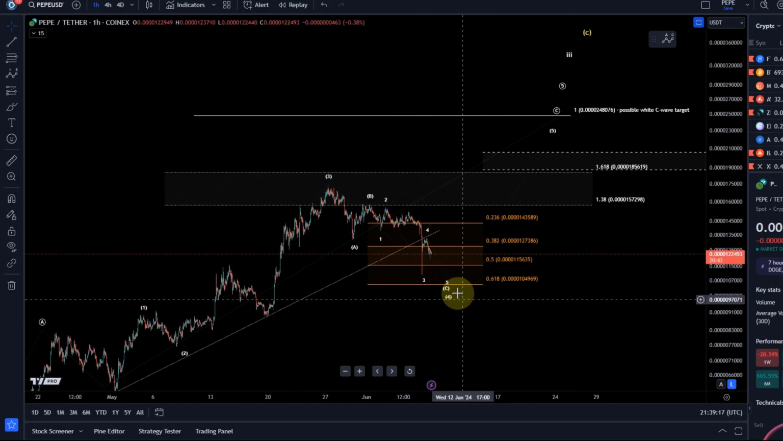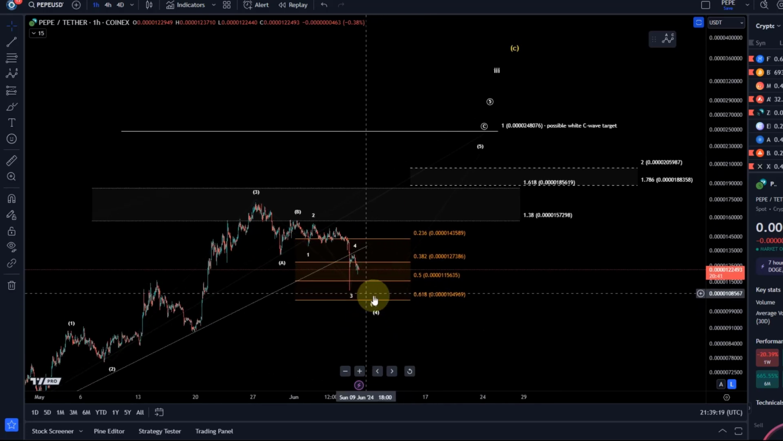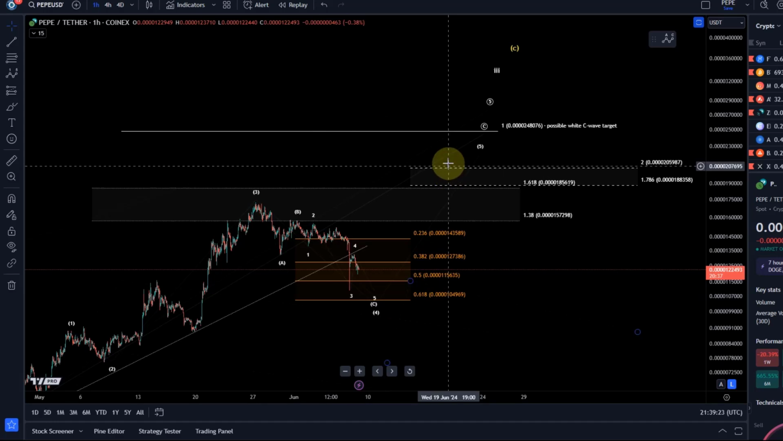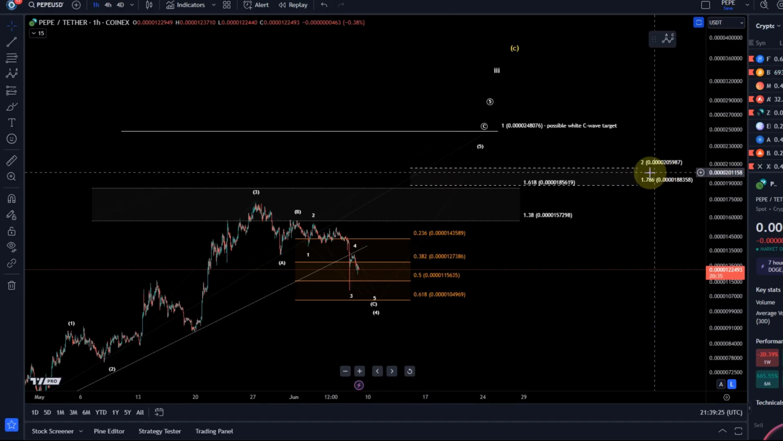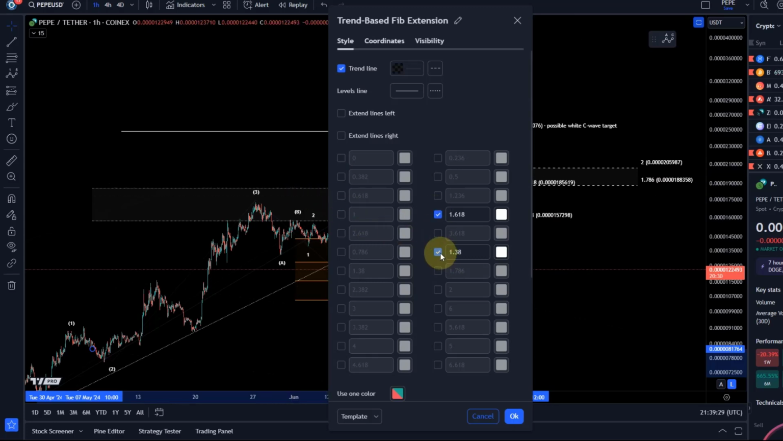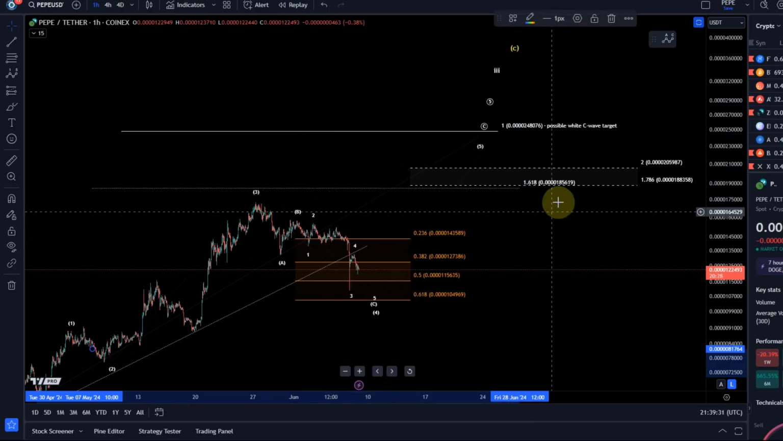So what happens if it does? Or what happens if support actually holds? If support holds, we should see one more high in wave 5. There are some fib levels here that should be reached. Let me actually take that one out. That was reached already and the price got rejected. But the next levels are